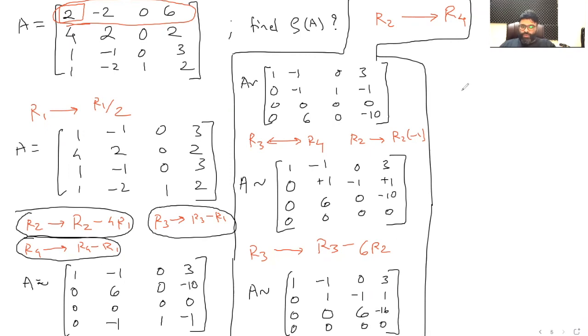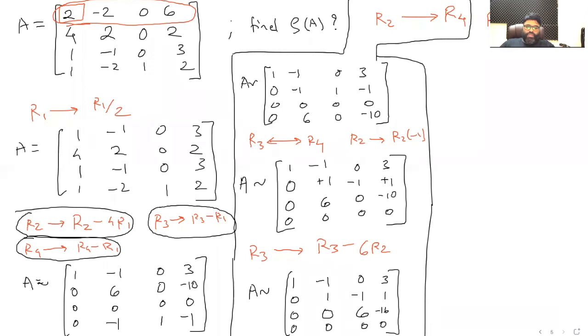So you can't reduce any further. Okay. But sometimes, oh, is it minus 16? Yes, yes, yes. All good. So you can't reduce any further. Even now, no matter which operation you perform, you can't make any other row 0. Max you can do is make this 6 into 1. You could do that, but that's not going to really make any difference. But to normalize, I could do that.